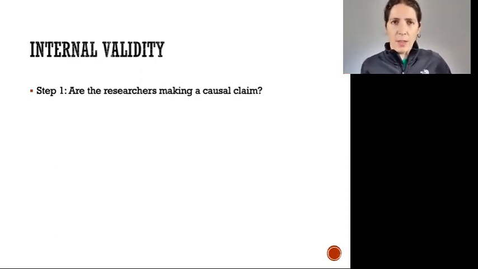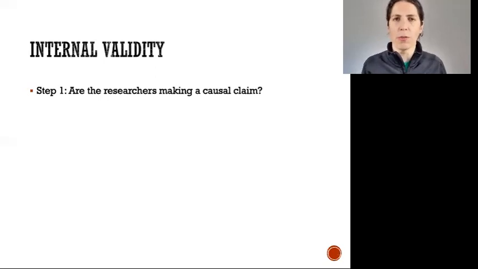However, there are cases where researchers are very careful to restrict themselves purely to a non-causal claim, or what's sometimes called an association claim, just claiming that two variables are associated with each other, but not making any claims about what's the causal reason or story behind that association. So it takes quite some training to pick up on what are the phrases that researchers use when they're trying to imply or explicitly state that there's a causal relationship. Some are obvious, like X causes Y. Some are less obvious. And many of these are phrases that we use in our everyday lives, and often they're used in a similar way in research, but not always.